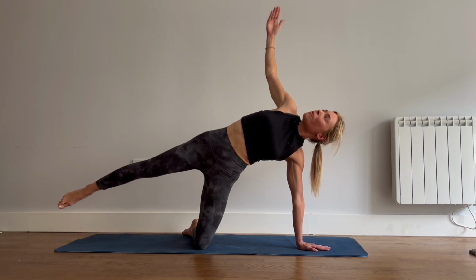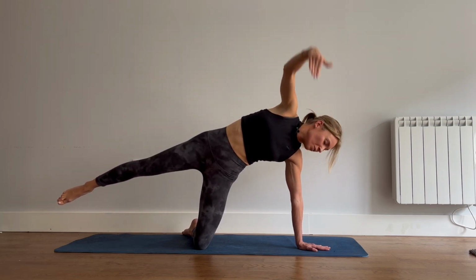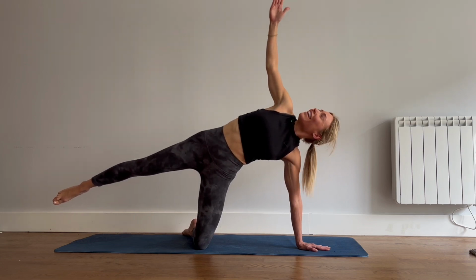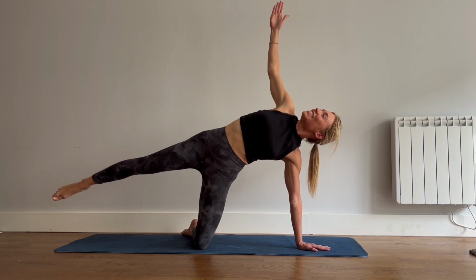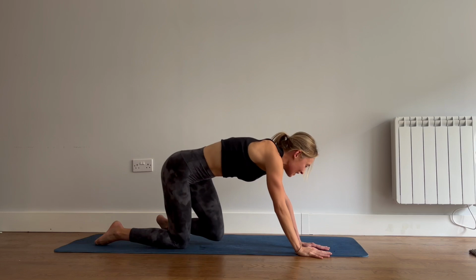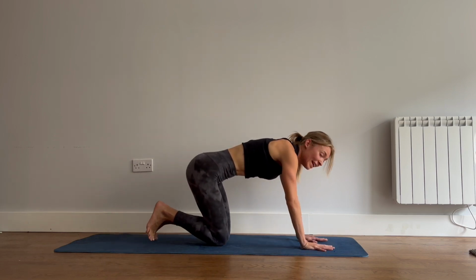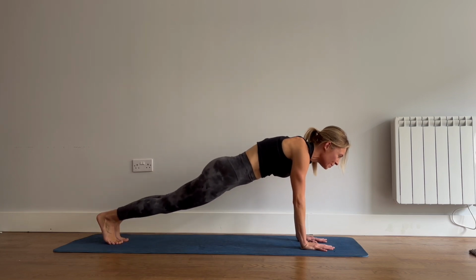Squeeze that underneath oblique, the side waist as you thread under, and then reach up nice and tall. 2. Nice. And 1. Reach and hold this position. Drop that leg down. Bring that right hand back to the floor. Let's go back into your plank. Left foot back, then right. We're going to hold this position